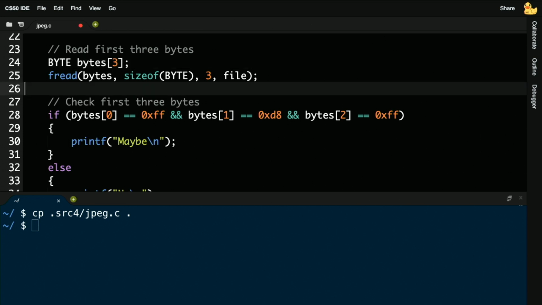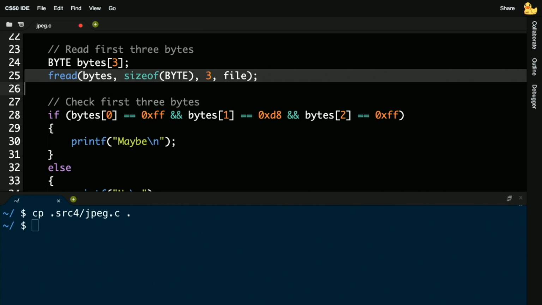This next line of code, as you'll see this coming week, is called fread. Fread, as the name suggests, reads from a file. That is, it grabs bytes from a file. And it's a little fancy to use, but you'll get more comfortable with this over time. It reads into this buffer, its first argument, the size of this data type, the size of a byte, and it reads in this many of those data types from this file. So again, it's 4 arguments, which is kind of a lot from what we've seen, but it reads from this file 3 bytes into this array, aka buffer, called bytes. So this is just how you write code that doesn't put data in a file, but reads it from it.